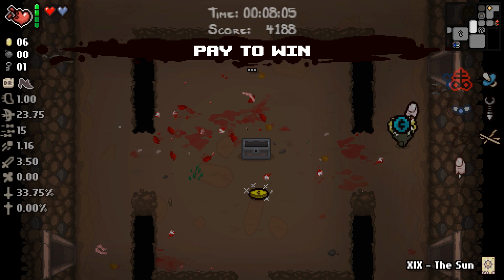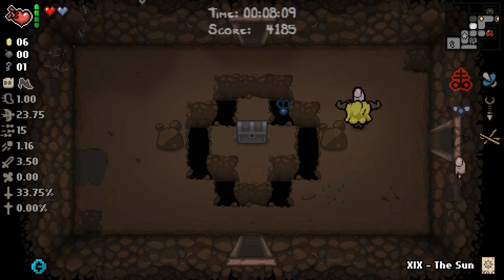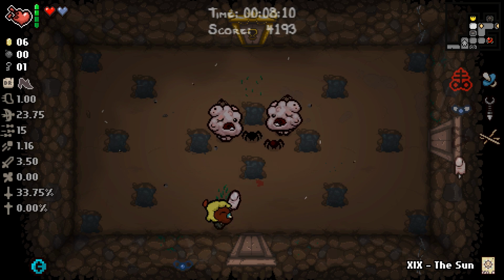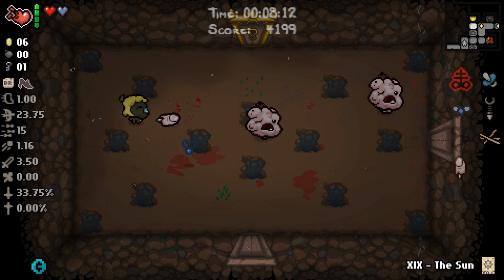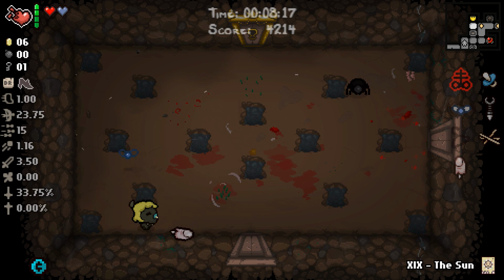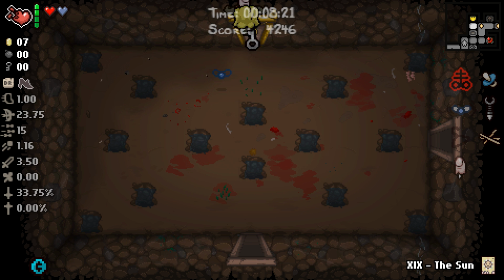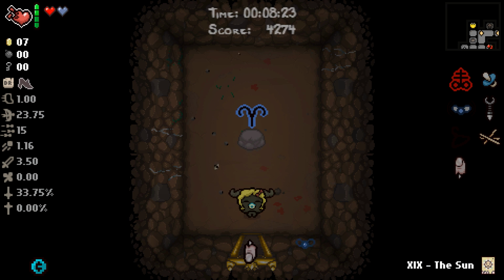Ooh, I think you take Pay to Win. Pay to Win is going to put a reroll machine in every item room, and I think you kind of have to take that because it's just such a good trinket. Even though Counterfeit Penny is great, I think this is what you got to do. And am I wrong? Does it not put...